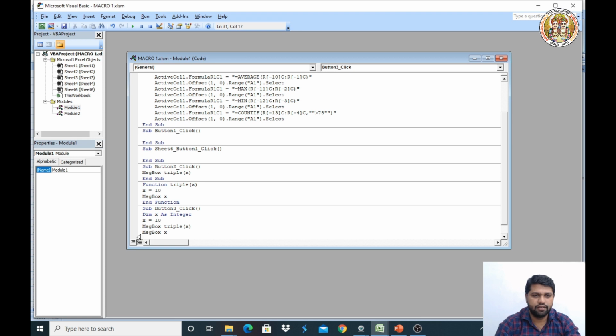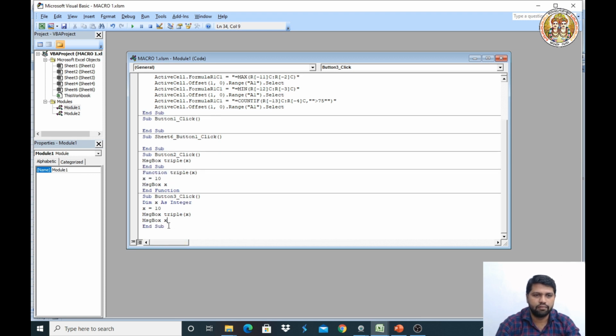Okay, so this is the code for the button, and next we need to write the function triple.